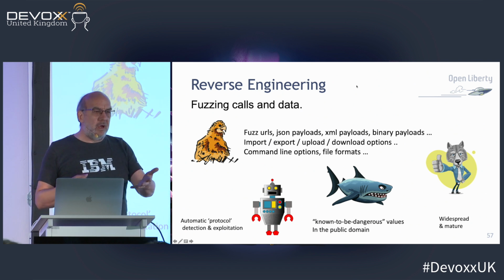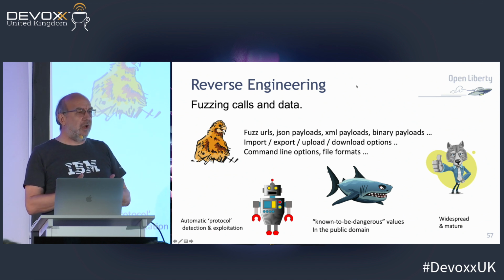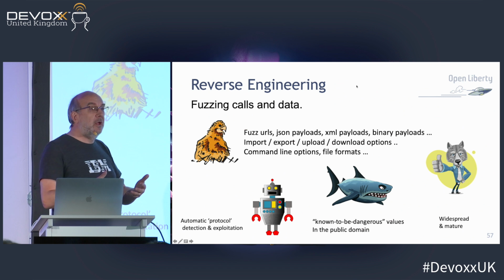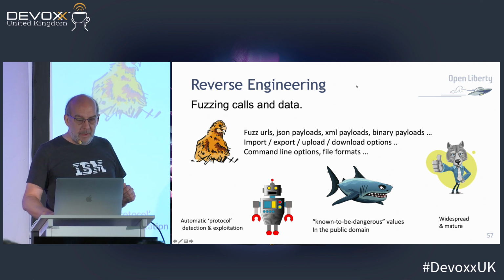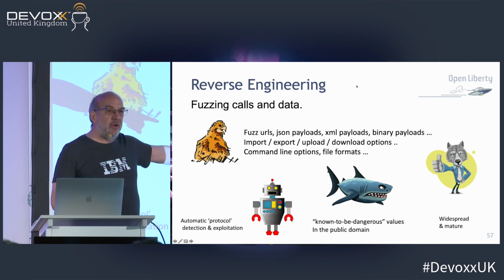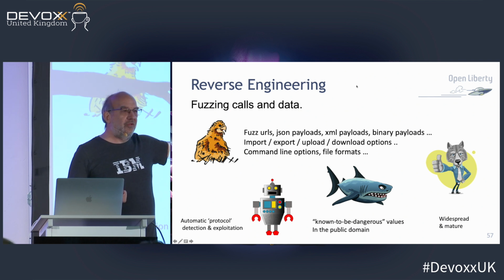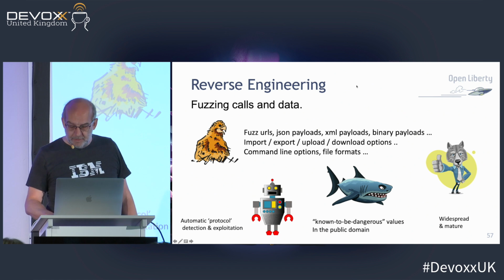So you take an upload for an image. Okay, what happens if I play with the image structure? Can I get your system to break? Can I get you to do things? Can I find vulnerabilities? All automatically. All the time. Okay? Robots, dangerous values, which is people know how to break your systems. Great, fantastic tools, high quality tools to attack your system.